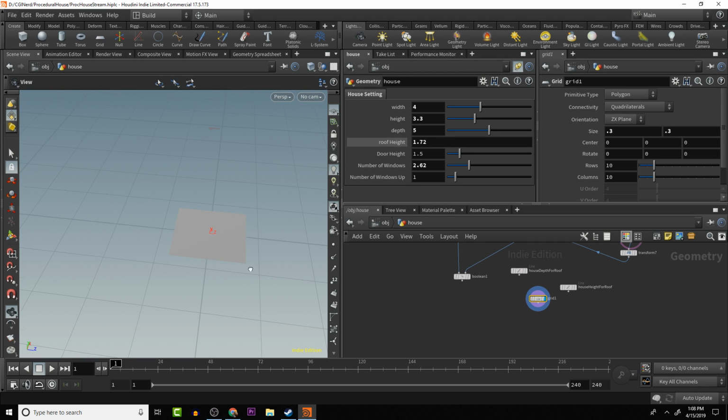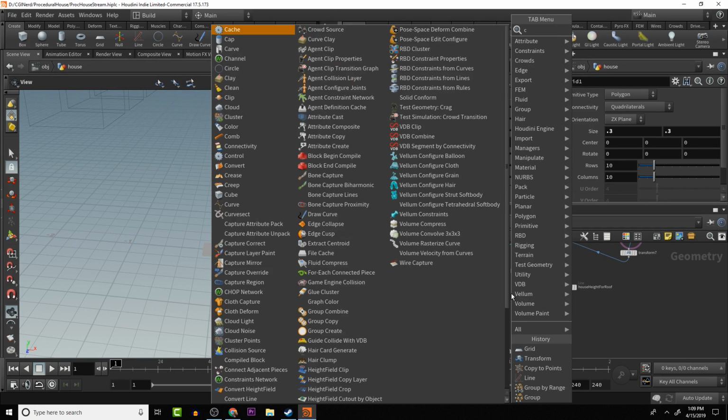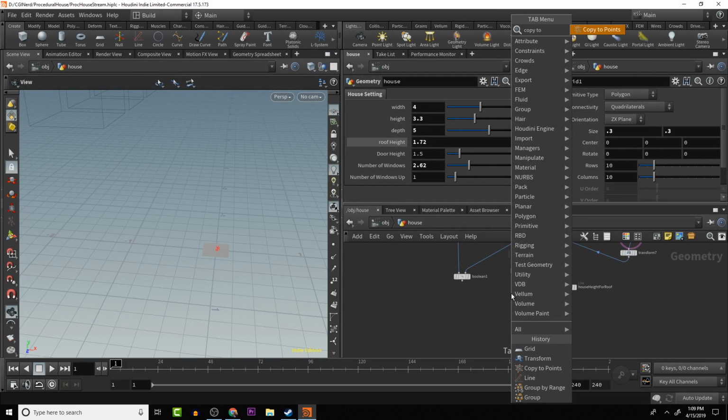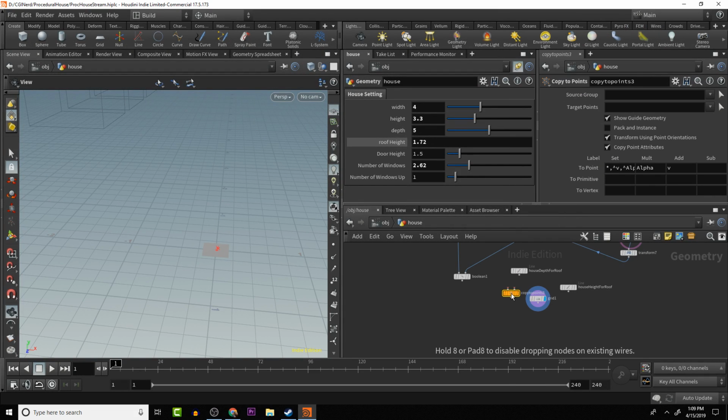Just for now, we can change it as we need to. Okay, so we're going to say copy to points. We need the primitives to copy, which is going to be the roof tiles. Let's name this roof tiles. And then we're going to paste that onto the